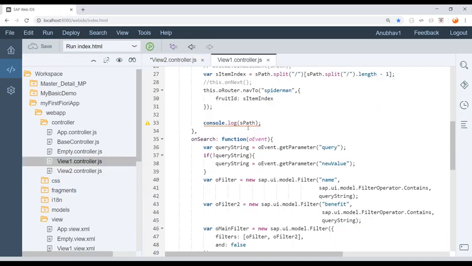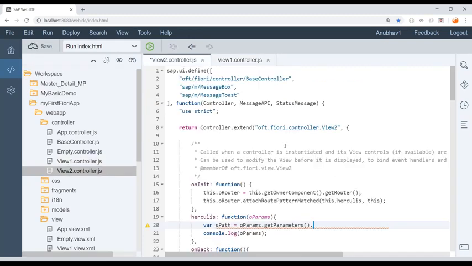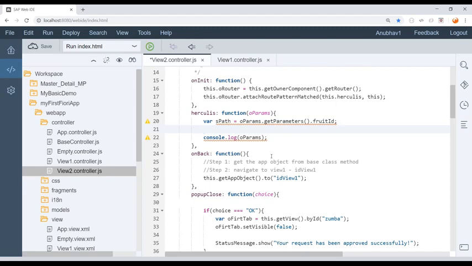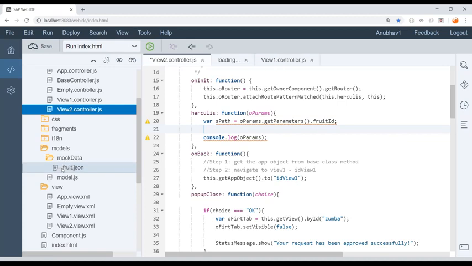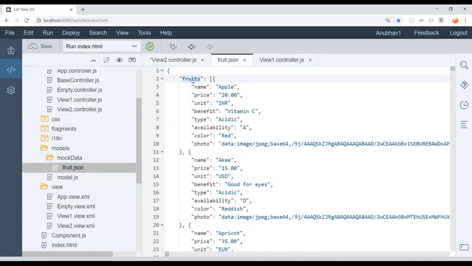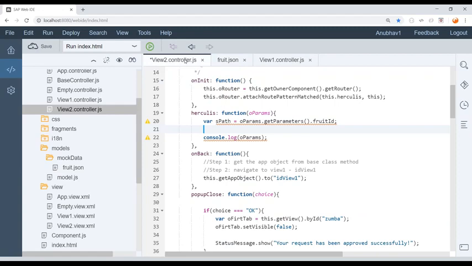Go to view one. When we triggered the navigation, you see we are just passing the parameter fruitId with an index. So this is the fruit id. Read this fruit id. So now I got the fruit id. But to bind the element, we need the exact address, and the address is prepared as per the JSON. So it is fruitsEntitySet slash the index. So I have to say path equals slash fruitsEntitySet slash